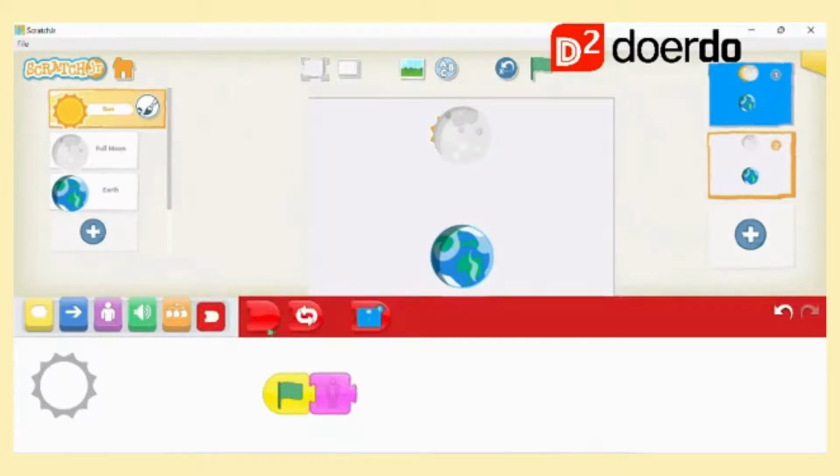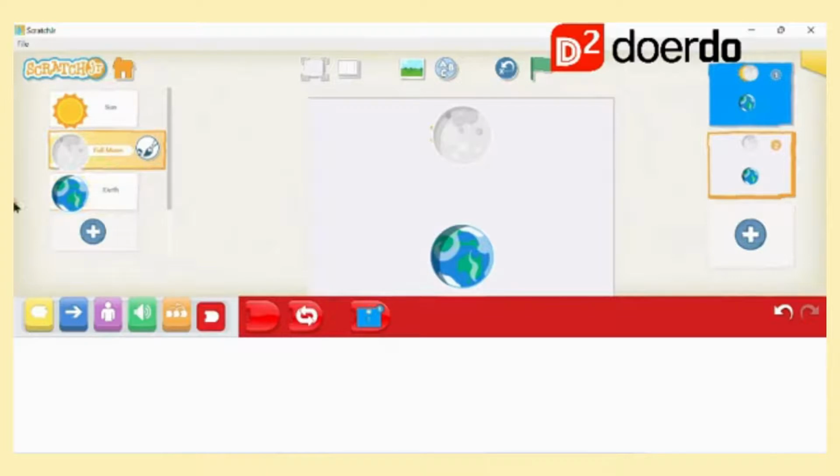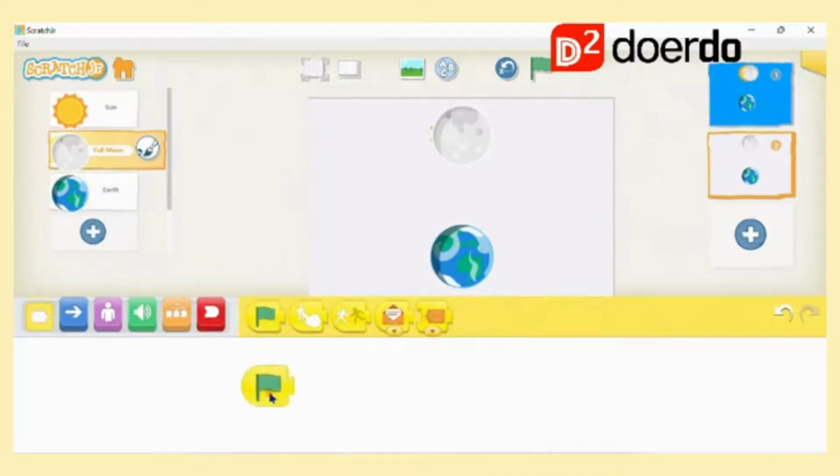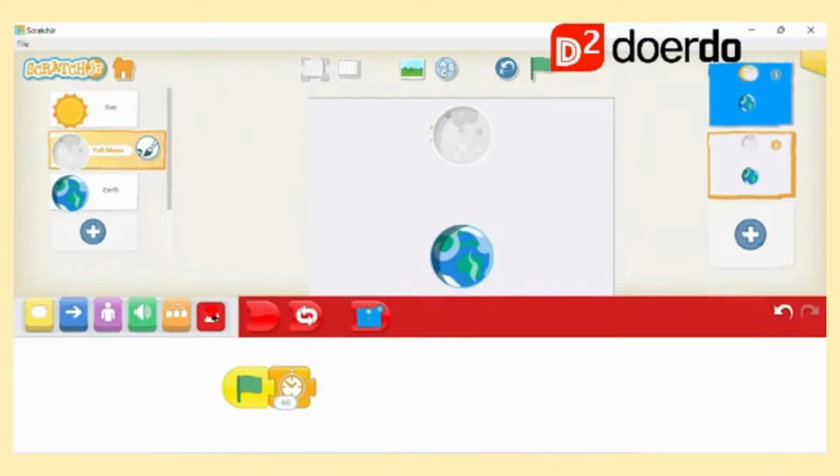So after this, earth. Now for the earth, we have written the code. For the full moon, now we have to write. What's the code that we have to write for the full moon? On click of flag, the full moon stays there for a minute. So for a minute, let's say 60 seconds. Okay. Then after 60 seconds, we have to move the sun towards the left. So what do we do for that? We'll create one more